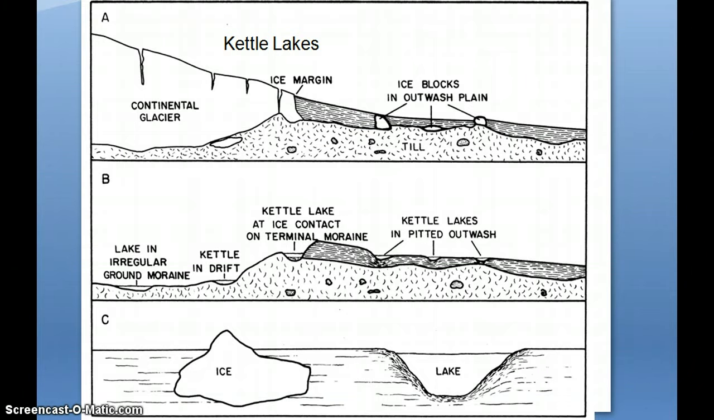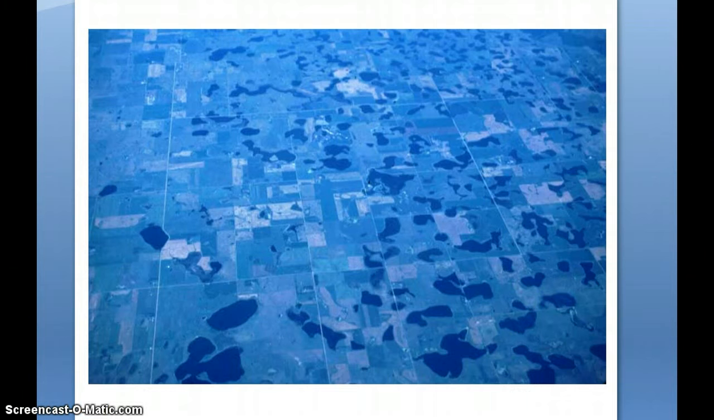Another landform left from continental glaciers are called kettle lakes. As pieces of ice break off the end of the glacier as the glacier is retreating, that ice can be covered and embedded in glacial outwash. Then once the ice melts, it leaves a divot and then eventually fills with water. And here is a landscape, I think this is in Wisconsin, that shows all of these holes or these small